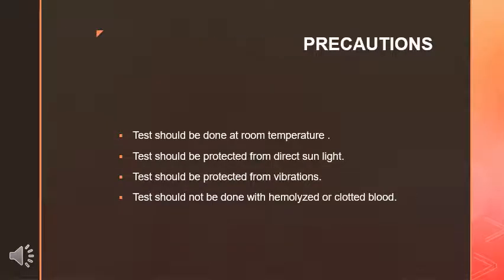In performance of ESR, you should take some precautions, like you should ensure the room temperature, the surface, the reagent, and the environment as well. You should protect it from direct sunlight and from vibrations. The test should not be done with a hemolyzed or clotted blood sample, as values will be disturbed.